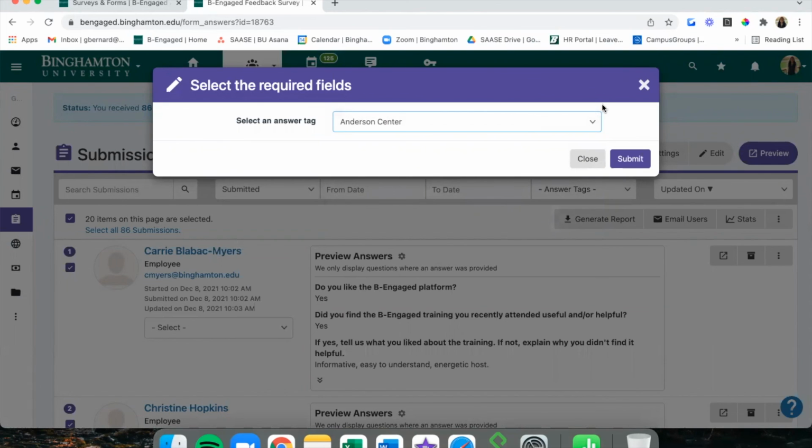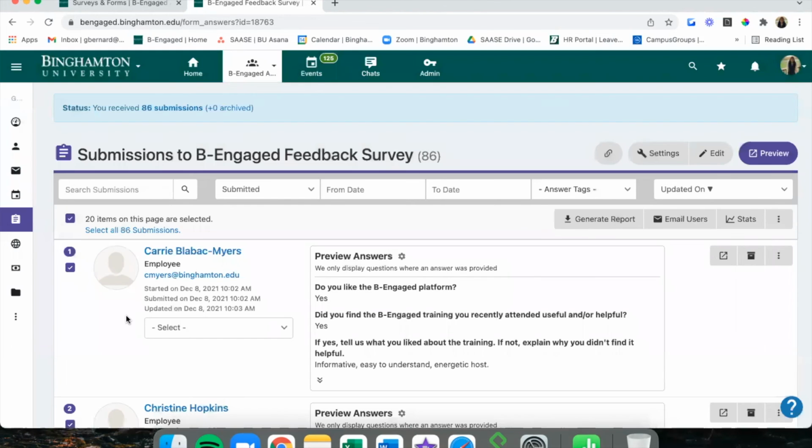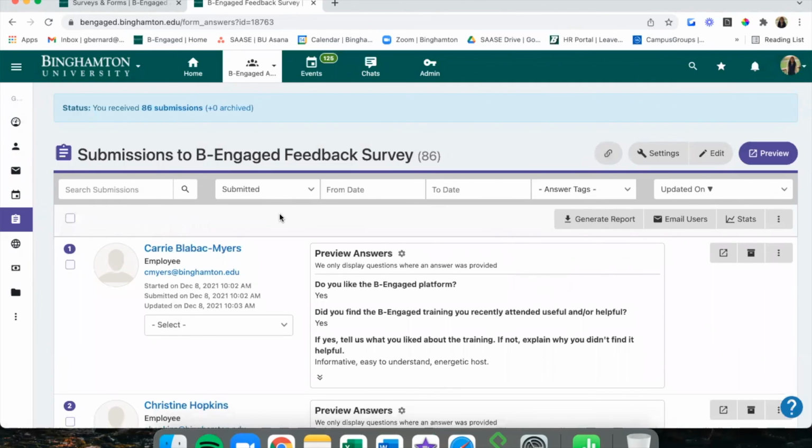But similar to how you can bulk assign member tags and you can also individually assign them, it functions the same way. So if you have an approval process set up in BeEngaged, you'll be able to see if things are approved or denied, but you can go further and organize things based on tags. So you could even have tags for who approved certain things. Maybe you have a team of people approving things, events that happen in your group, or you have another process that you utilize surveys and forms for.